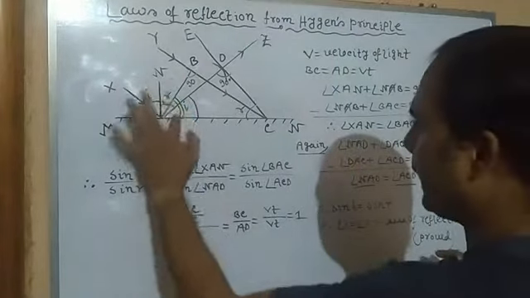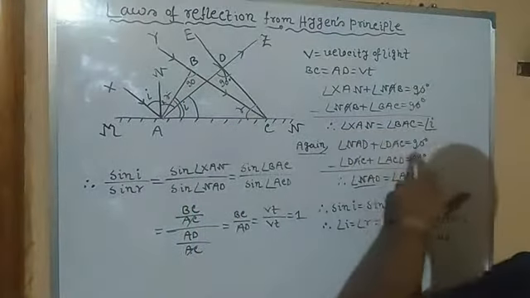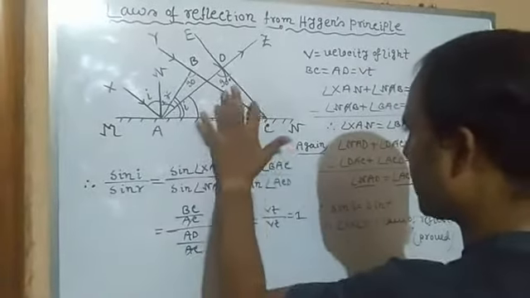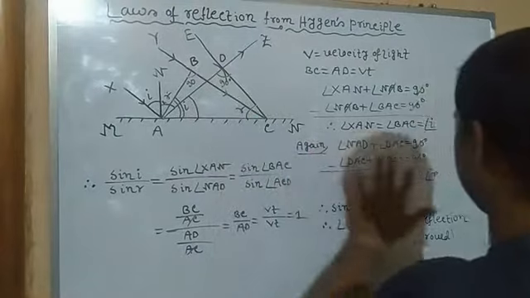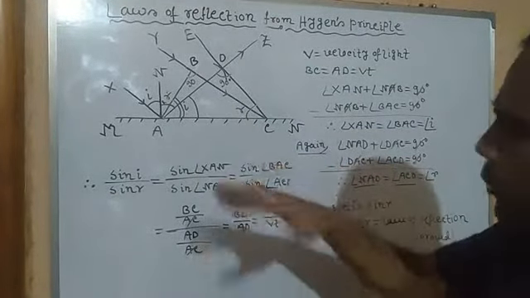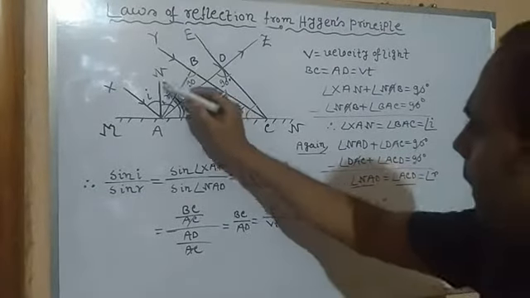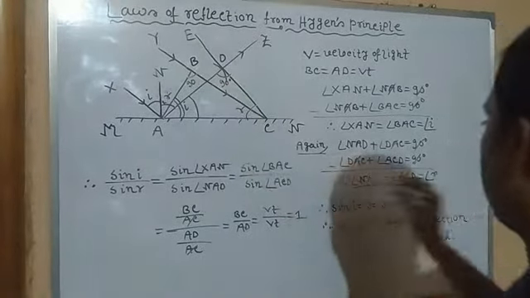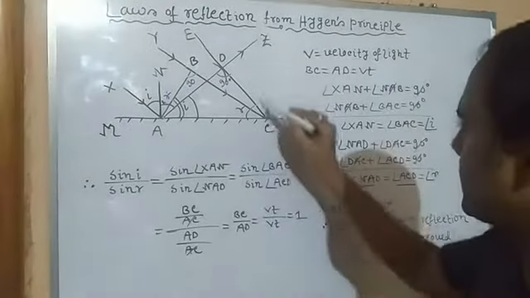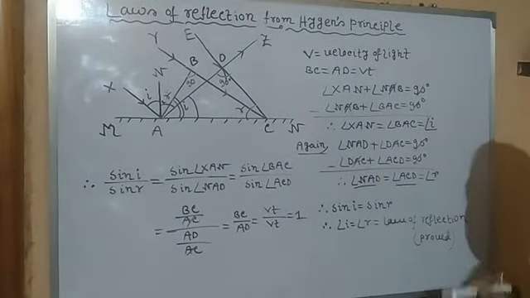Again NAD, this angle plus this angle, that is DAC, is 90 degrees. Again DAC, this angle plus this angle is 90 degrees because this is 90 degrees. Okay, this is already 90, so the rest will have to be 90 because 90 plus 90 equals 180. Again DAC cancels, so NAD, which is marked by R, equals ACD. Okay, it is ACD. That is the angle of refraction, angle of incidence and angle of reflection.